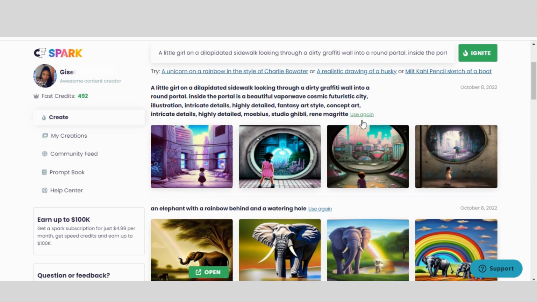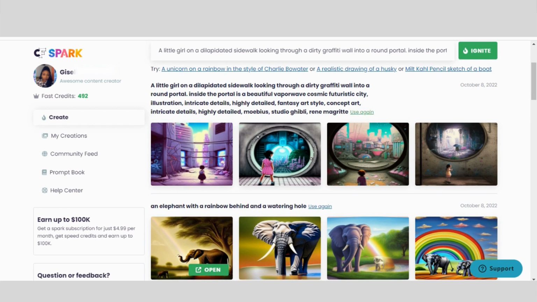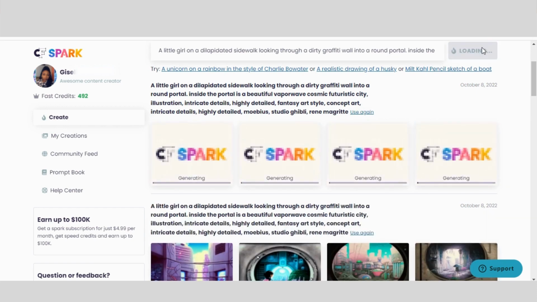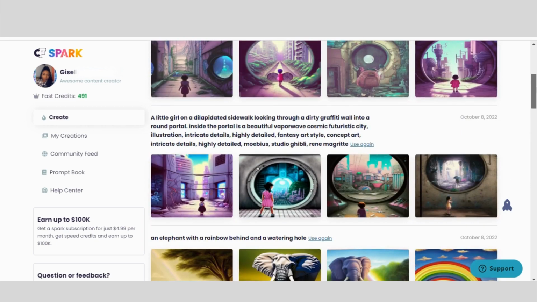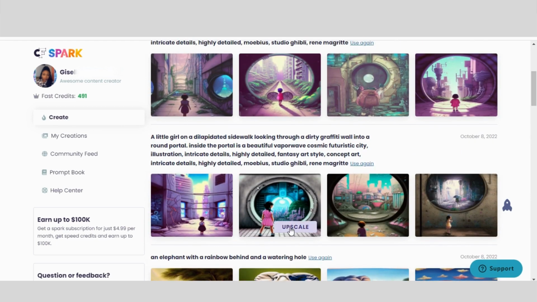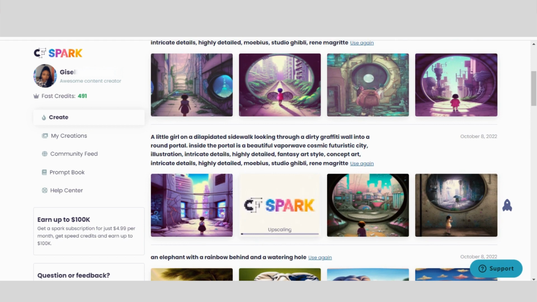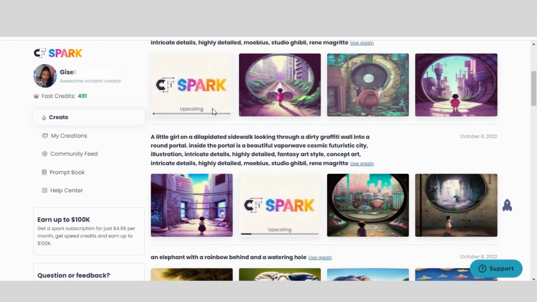Let's try to use the same description again in the prompt bar and see what will happen. Now you'll see that we got 4 different results based on the same description. So that's another option if you don't like what you received the first time around. So I am upscaling these, clicking on open,